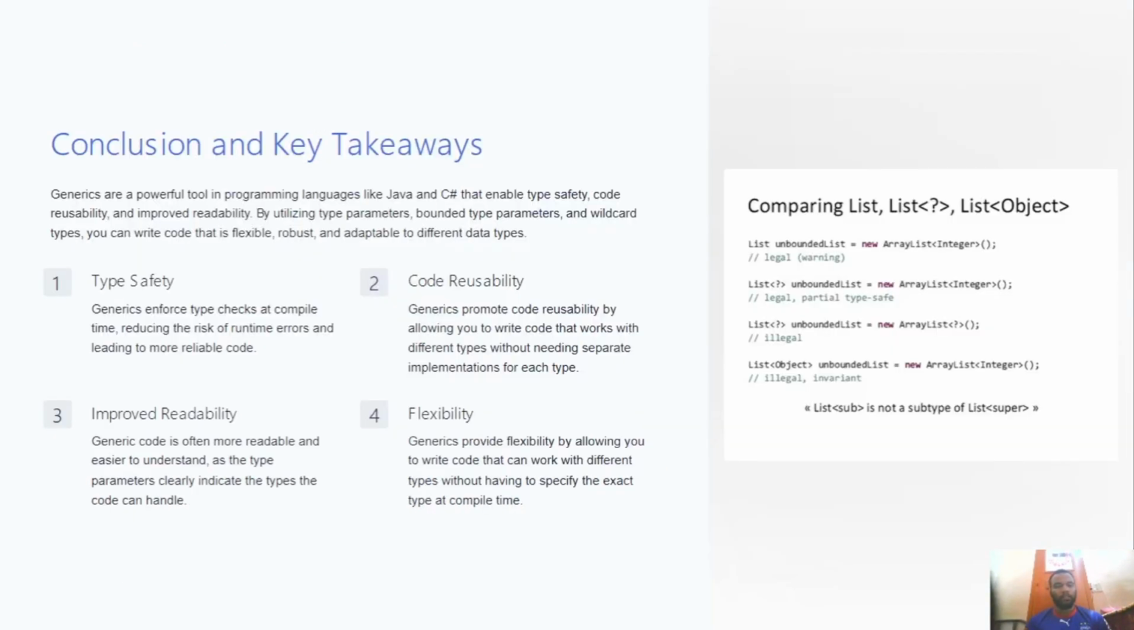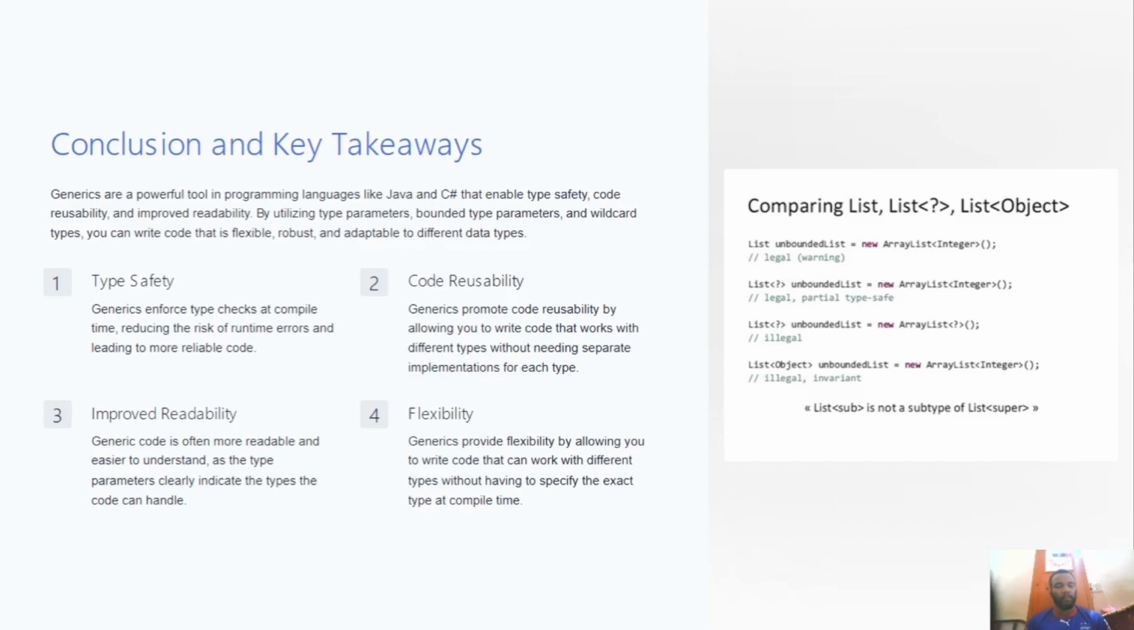Conclusion and key takeaways. Generics are a powerful tool in programming languages like Java and C# that enable type safety, code reusability, and improved readability. By utilizing type parameters, bounded type parameters, and wildcard types, you can write code that is flexible and adaptable to different data types. Type safety. Generics enforce type checks at compile time,